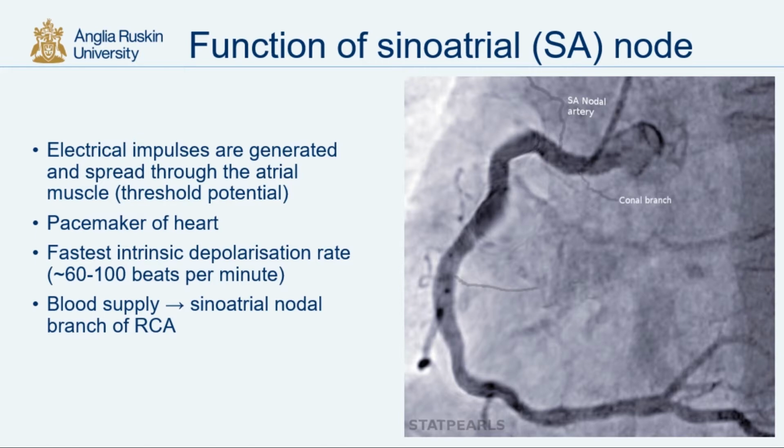the heart. Now, as far as the blood supply of the SA node is concerned, the SA node receives its blood supply from the sinoatrial nodal artery, which is shown in this angiogram over here as well. The SA nodal artery mainly originates as a branch of the right coronary artery. However, in some individuals, it may also arise from the circumflex artery, which is a branch of the left coronary